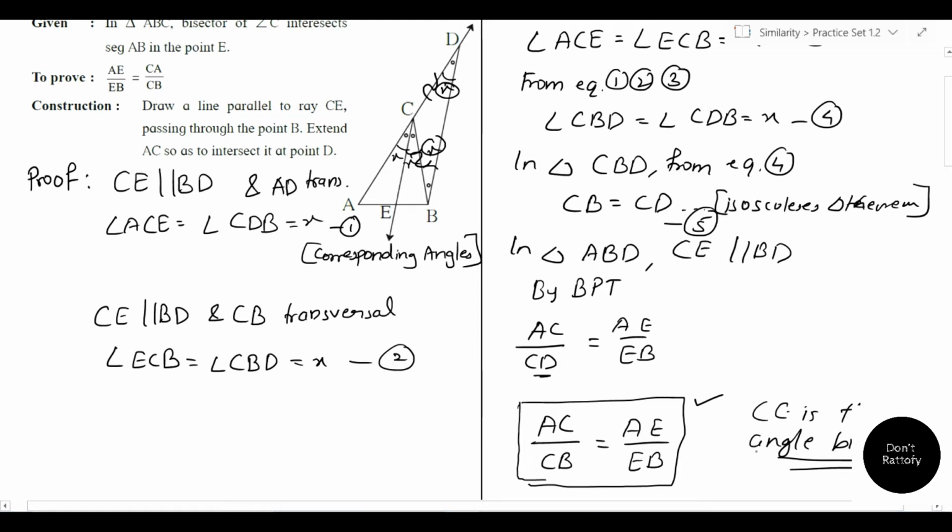I am just giving you the basics. This is not going to be asked in your exam to solve. That is, the converse part will be asked in your exam. The main theorem might be asked. So just remember this: if you are given the ratios, then you can prove that the ray is the angle bisector by converse of angle bisector theorem, or converse of angle bisector property. This is our first part, the theorem part. Next, we'll go with the sums.